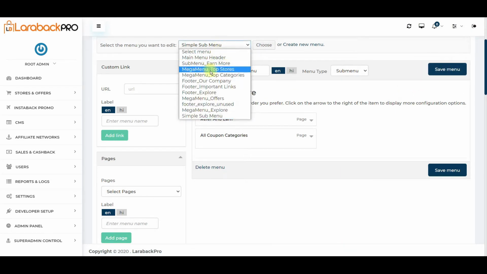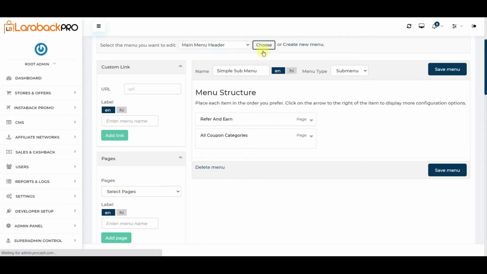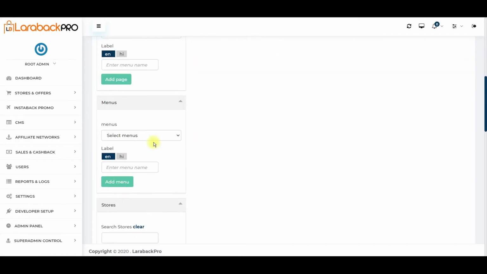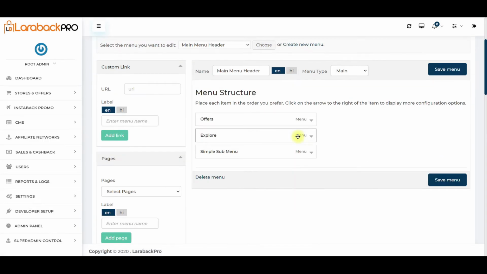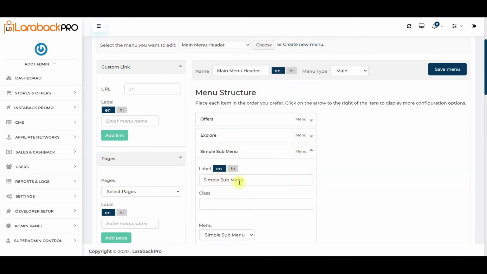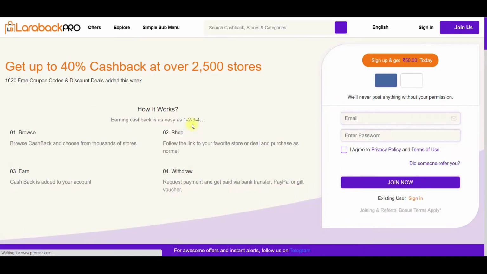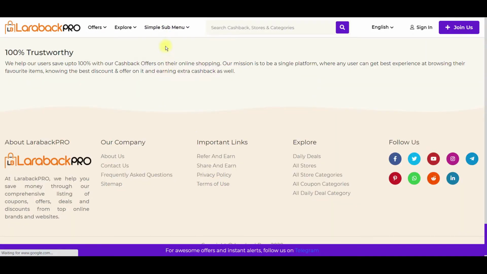Once done, you can go to main menu and add that as a simple sub menu. Okay, it is added here. No need to define any class, and come here and refresh it. The simple sub menu is added. See, this is how you can add the simple sub menu.